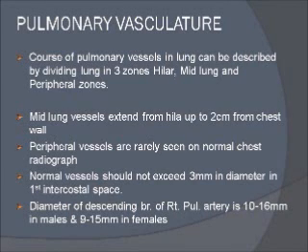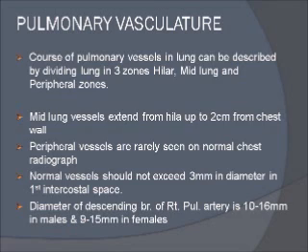Now after evaluating the diaphragm, we should move on to the pulmonary vasculature. Basically, the lungs are supplied by the pulmonary arteries and drained by the pulmonary veins. The central-most zone is mainly constituted by the hilar vessels, which are the central pulmonary arteries. Then we have the middle third, which has further branching, and the outer third of the lung has vessels, but in a normal chest X-ray we don't see vessels in the outer third of the lung.